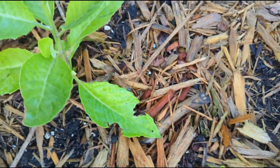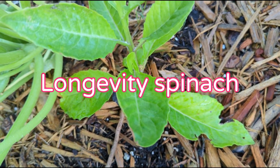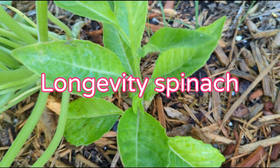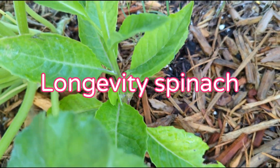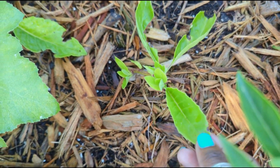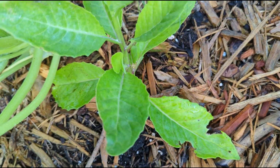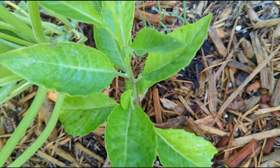Then right beside it, I have Okinawa. Is this Okinawa spinach? I can't remember what this one is called. I put the name on here, but this is a kind of spinach that grows all year round. This one isn't doing very well, but I know it will come back. What I'll do is I'll probably transplant this. I had planted this first, then the squash is kind of taking it over,